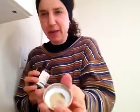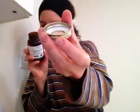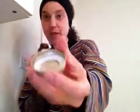You can get that in the camera right there. And it smells so good, I think it's from the vanilla. I love vanilla. And then all you do is take it and put it in your mouth. And I just, like I said, sucked on it like I did with the hearts. And it's so great. Imagine, a lot of people don't want to take a pill. And the problem with pills, you don't even know if you're getting what it says in there. Plus, a lot of times there's other preservatives, artificial coloring, artificial flavoring,